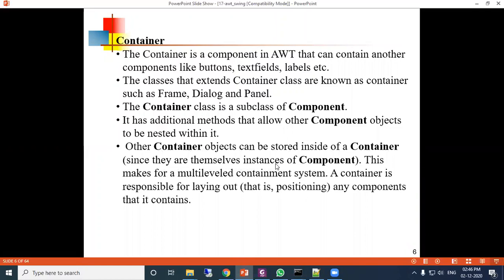Other container objects can be stored inside a container. Means you define a container, and under that you can store other containers. Since they are themselves instances of Component, this makes for a multi-level containment system. A container is responsible for laying out, that is, positioning the components that it contains.